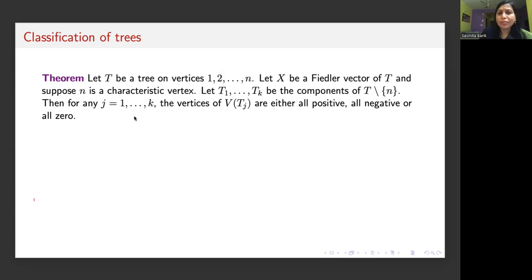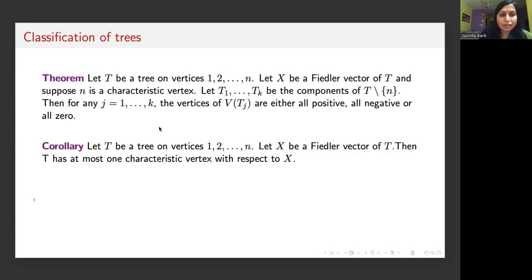So this I'm not proving. If you want to go for the proof, you can see in the paper by Fiedler, and it is also mentioned in Mary's paper. It's also appearing in Bapat's book, so you can check. So as a corollary, you will get this: if you are taking a tree and x is a Fiedler